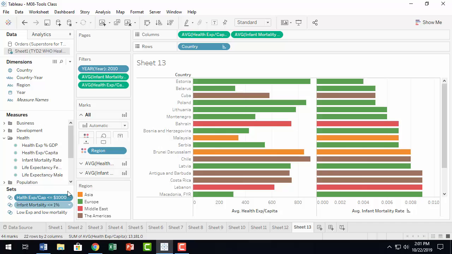Then we created a second set once again at that level. So, when you are creating sets, you have to think about at what level of granularity we want the set to be created. Okay, so that's an important consideration. All right, so the next set